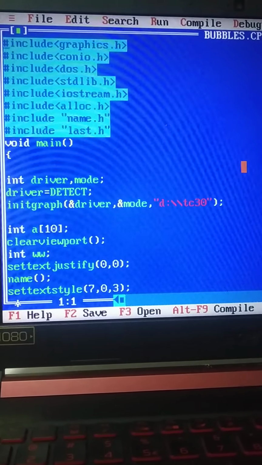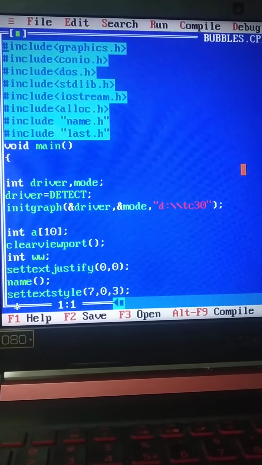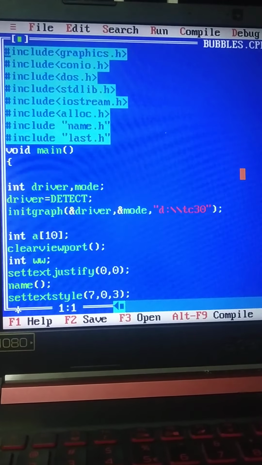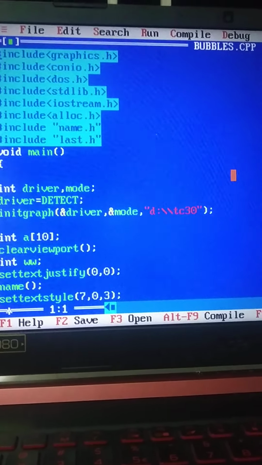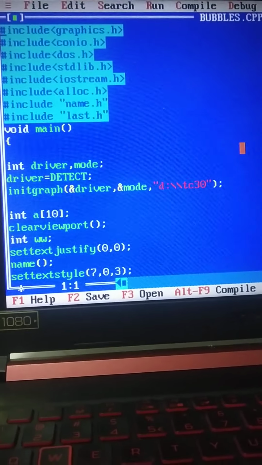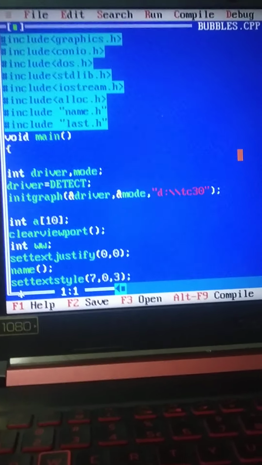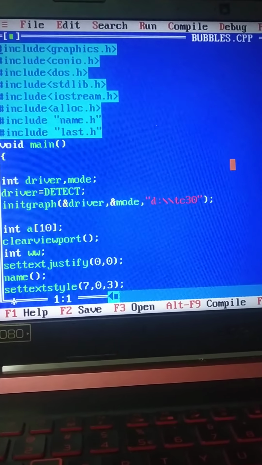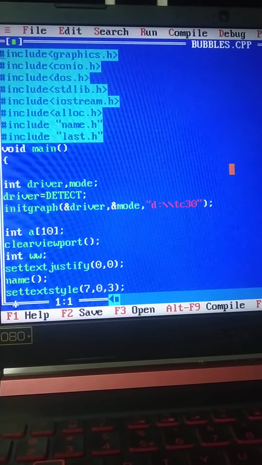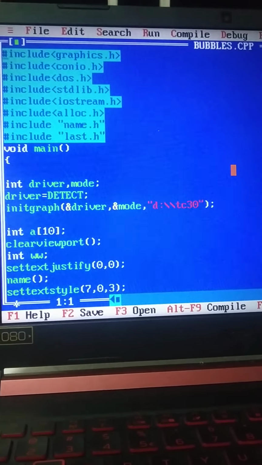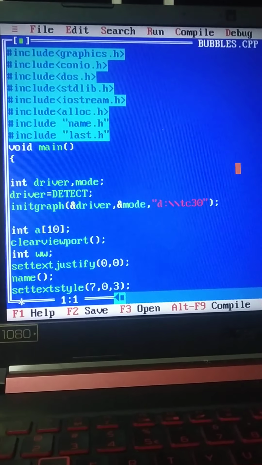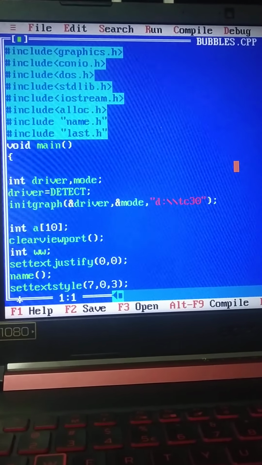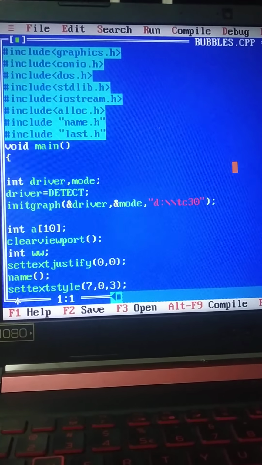Children, today I am going to teach you how the bubble sort program works. Bubble sort. Sorting means arranging the data in ascending and descending order. That means we are going to arrange some data, like 10 numbers I am going to input from the keyboard, and my program using graphics, C++ graphics, is going to arrange all those numbers in ascending order using this technique. So this is my program.